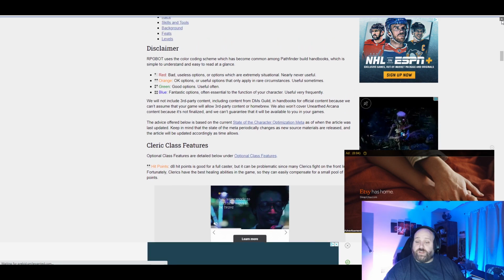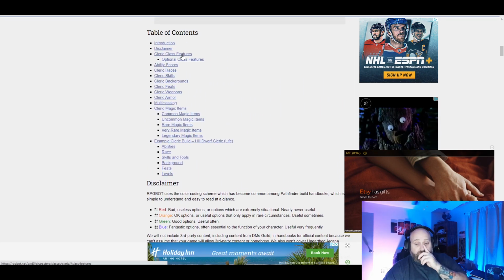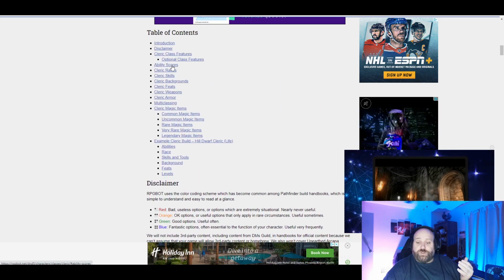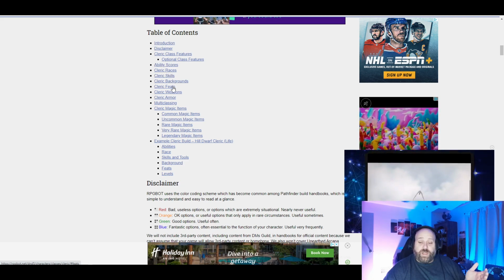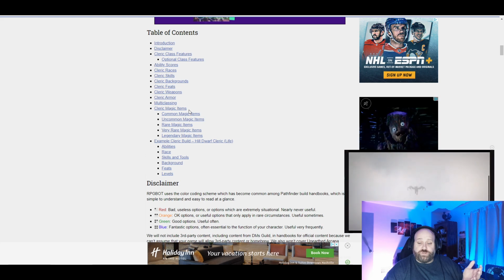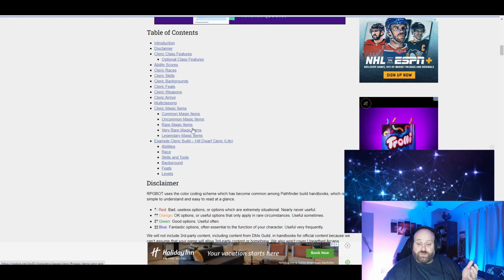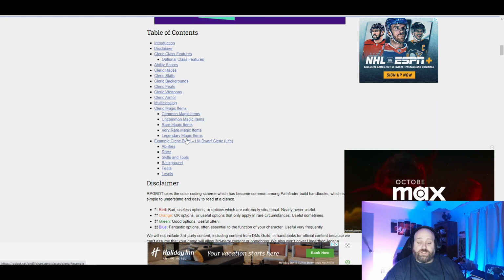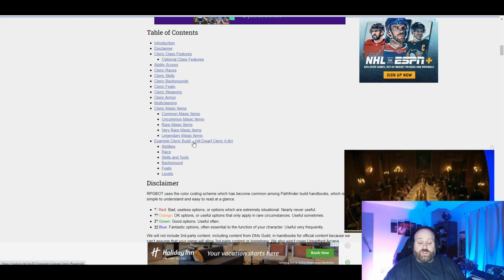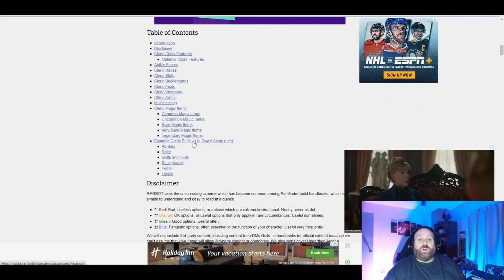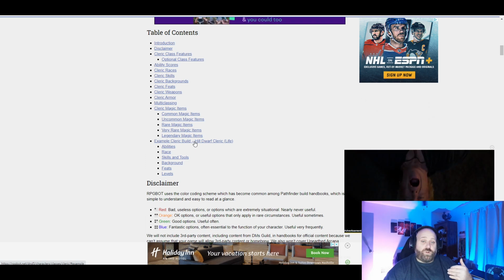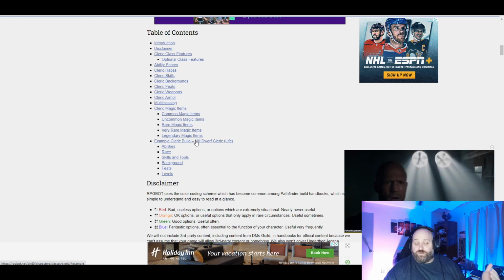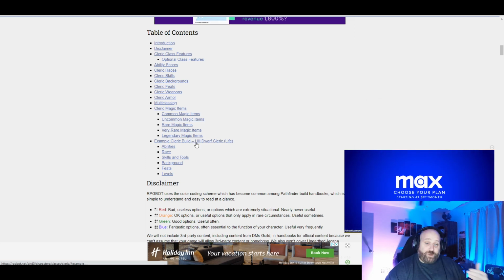So that being said, they have everything up here. They've got optional class features, your ability scores, your races, your skills, the backgrounds, the feats, the weapons you want to choose, and then even when it comes to magic items, what to choose. And then down here it even has, literally level by level, how you want to build your point array, how you want to choose which feat, or if you want to choose ability score, which spells you want to choose,